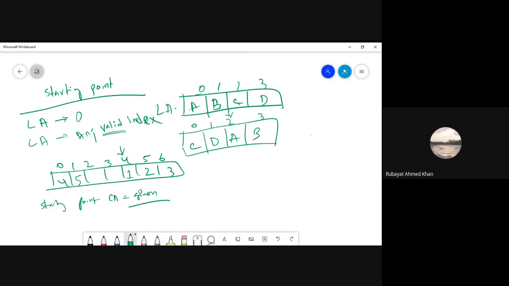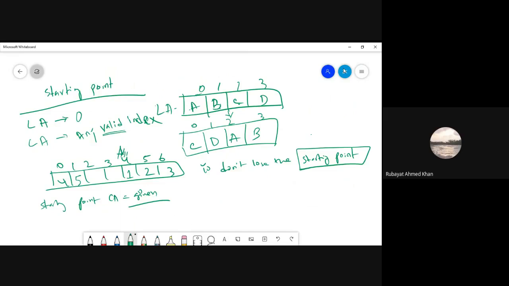And make sure you do not lose the starting point. For this particular array, the starting point is index number 4. Make sure your program always remembers the starting index, because if you lose it,